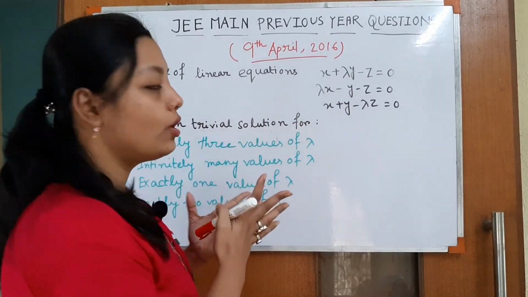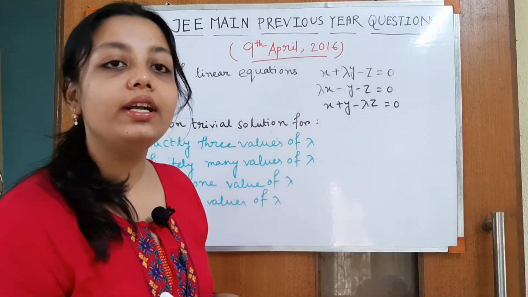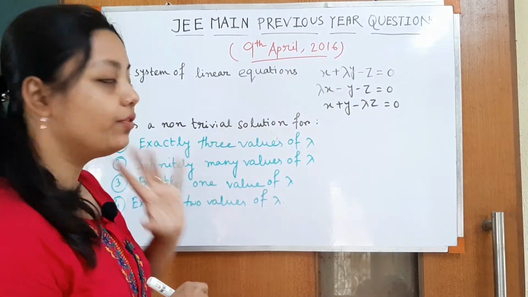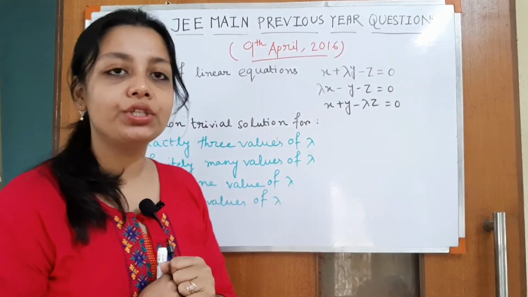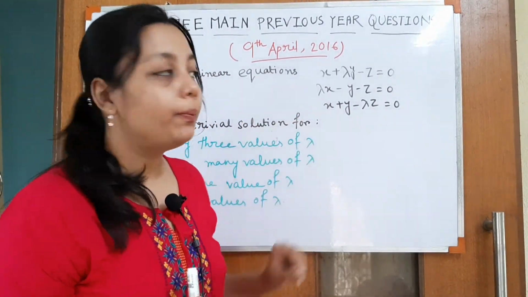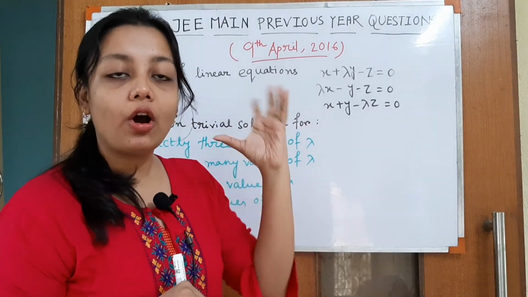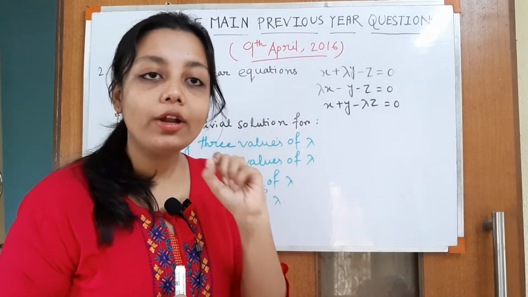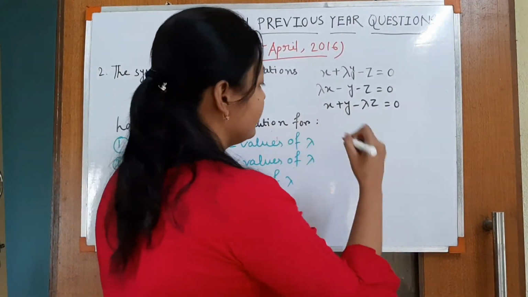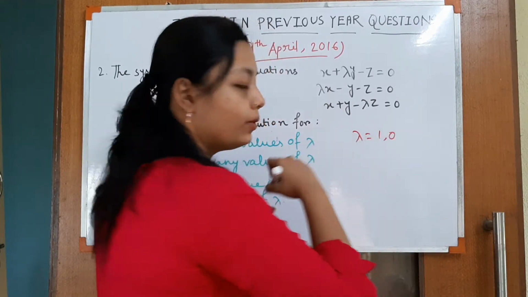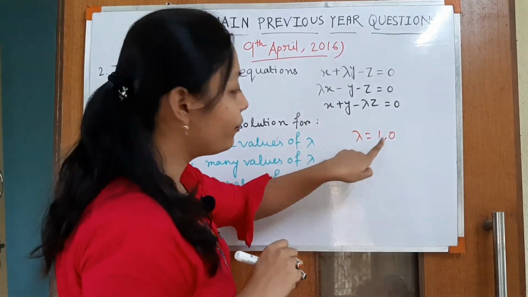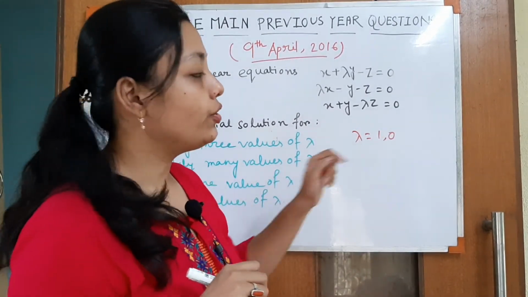So what is a trivial solution and what is a non-trivial solution? Trivial solution is always equal to 0. A solution which is equal to 0 is called a trivial solution. And non-trivial solution means if we can find 2 or 3 values of lambda, then within these values, at least one of the values is non-zero. Okay, if we can get lambda equal to 1, 0. Okay, here 0 is the trivial solution, but for the presence of 1, these solutions are called non-trivial solutions. Okay,